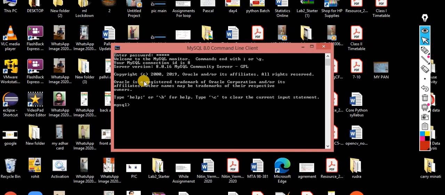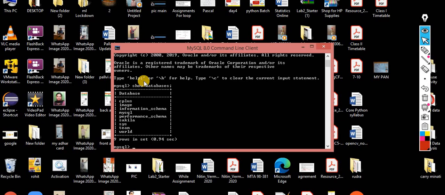The first thing is the database. As I already told you, a database is just like a folder where you place your tables. If you want to place any tables, the folder must exist. So I want to check how many databases there are. The command for the same is show databases. It is similar to checking how many folders there are. In this case there are only 9 of them, 1 2 3 4 5 6 7 8 9. So that means 9.